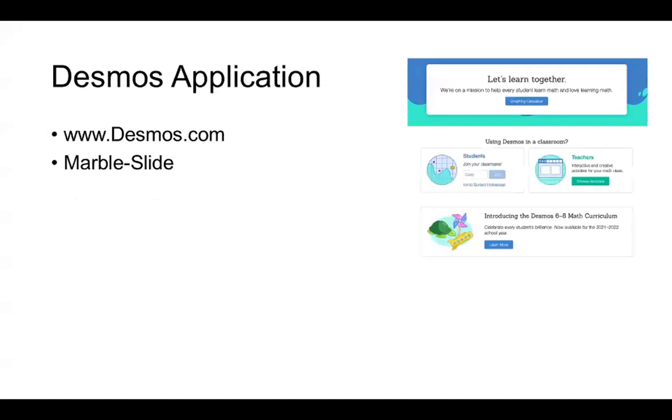One is the Desmos application. Desmos is the same thing as GeoGebra, but I can say it's easier to comprehend. If you have children, or maybe for your friends or your sisters and brothers, you can also recommend the Desmos application. It does the same thing as GeoGebra, but GeoGebra is more versatile. There are many more options. In Desmos there are fewer options, but it's a very nice and simple tool to work on.